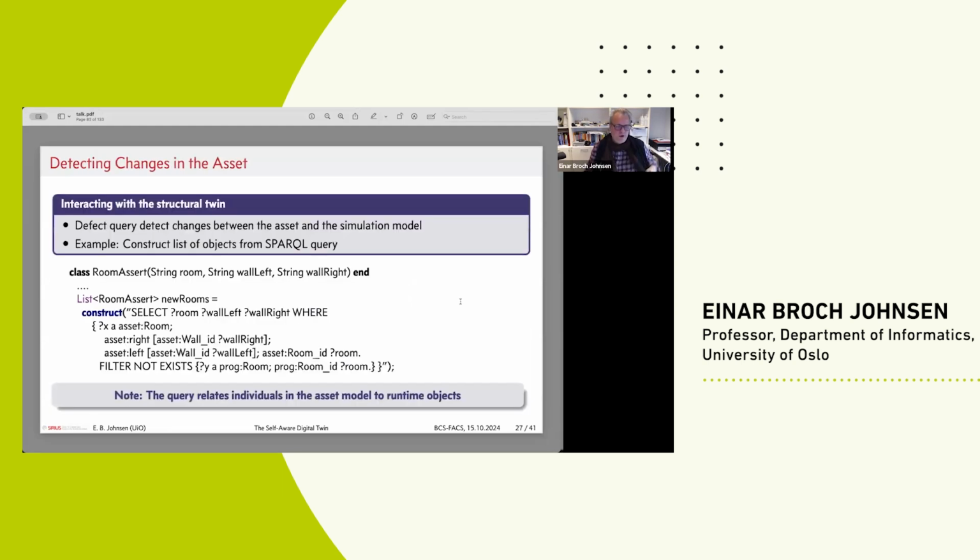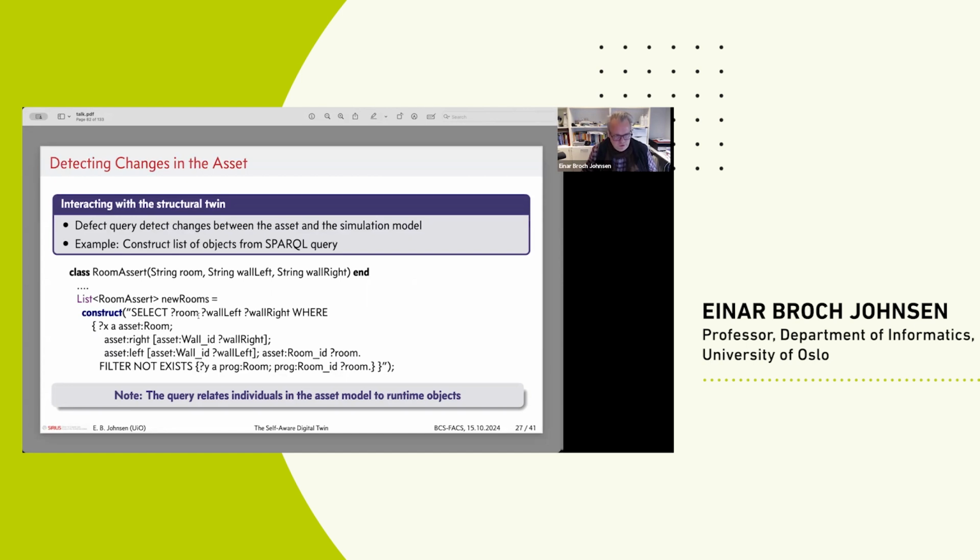And here's an example of how this could look. So we have these rooms that we have seen from the smart house. And an assertion about the room is a triple where we have a room and a reference to its left wall and a reference to its right wall. So now we can ask the knowledge base to give us back